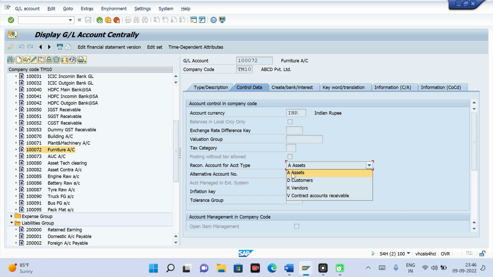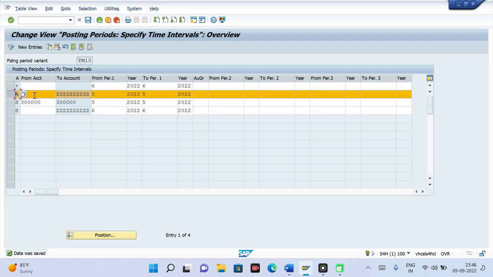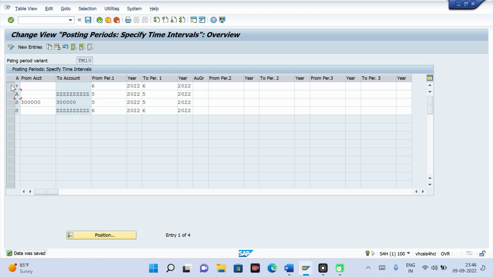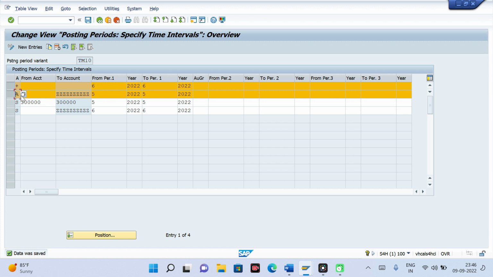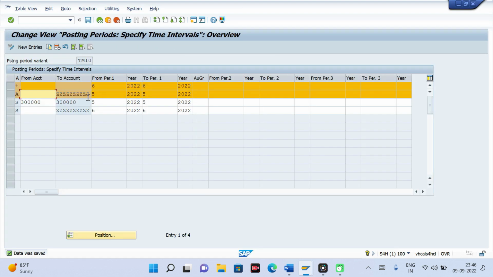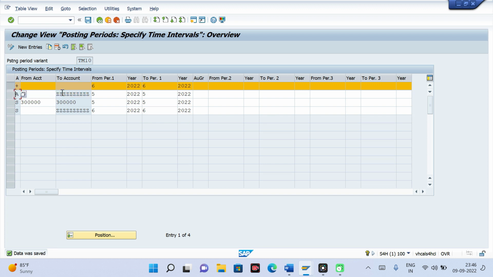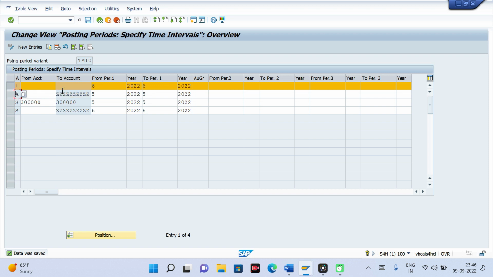If any GL is created with this one, then for this GL it will come to account type A. First of all it will check this common one, this will check in all cases, then it will come to asset A and check whether the period is open or not for account type A. If there is nothing specific maintained for account type A, it will check the range.